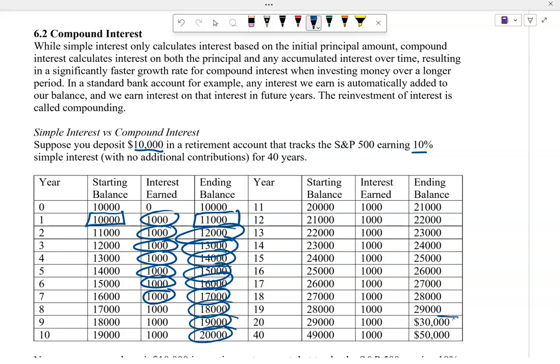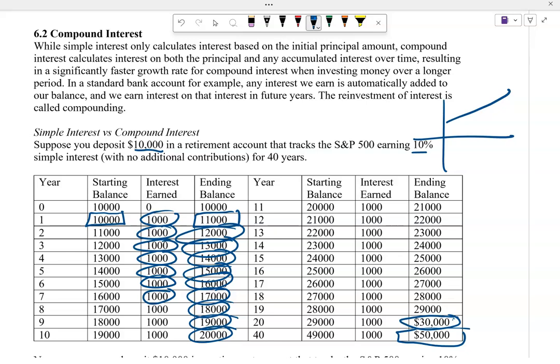Clear up here to year 20, I'd have $30,000. If I jump clear to year 40, I'd have $50,000. Again, simple interest, so this is growing linearly. Let's compare that to where the more realistic case,